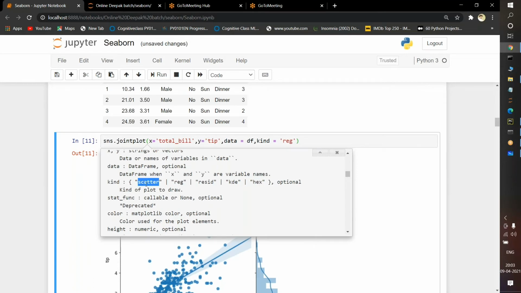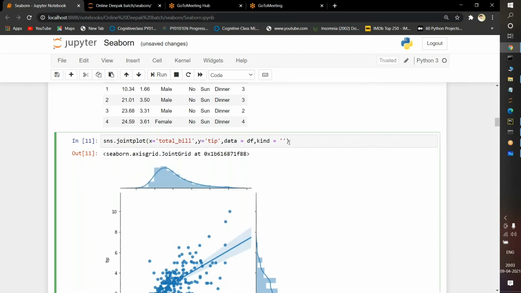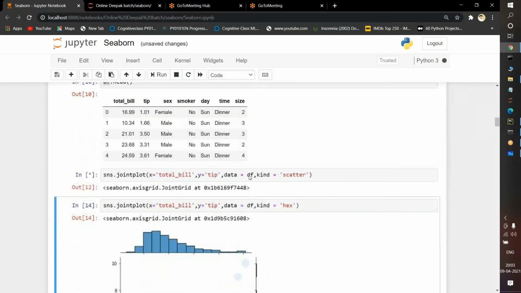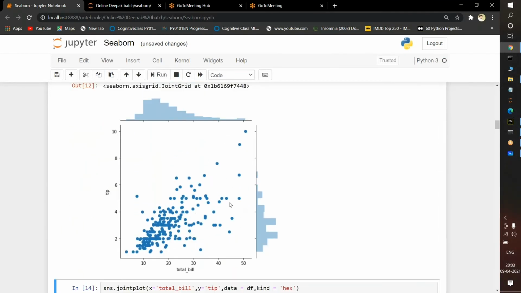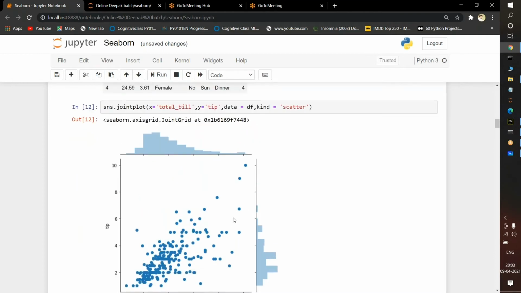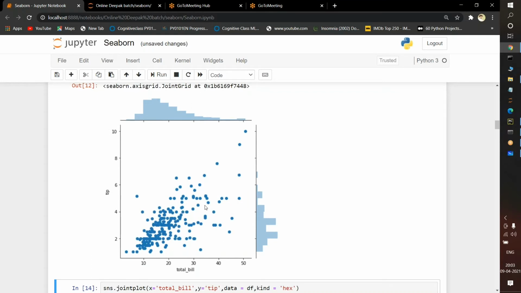Suppose I take scatter here instead of reg and execute it, there will be no straight line, because only reg will follow regression problem statements. That is why a straight line was provided. But here there is no reg.